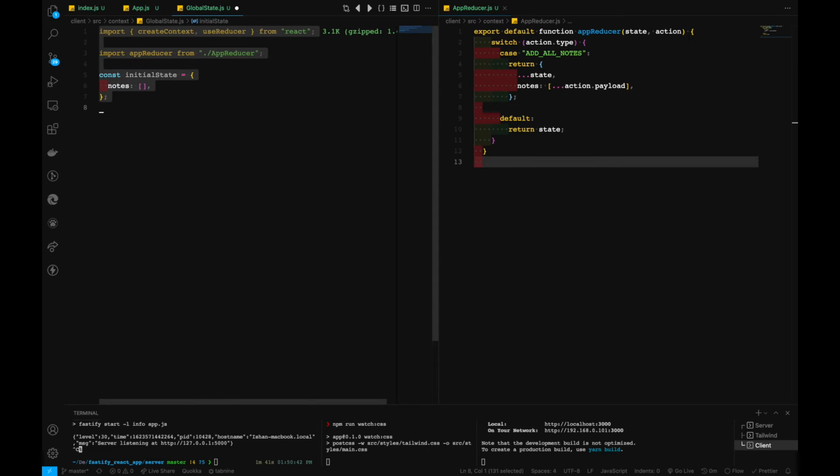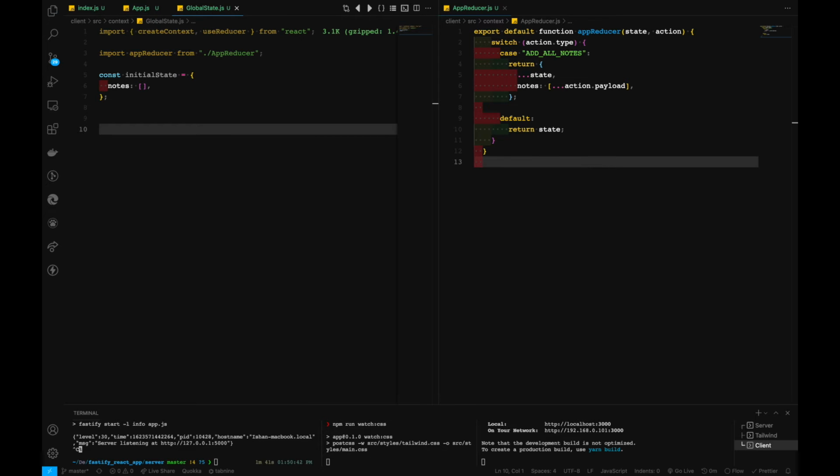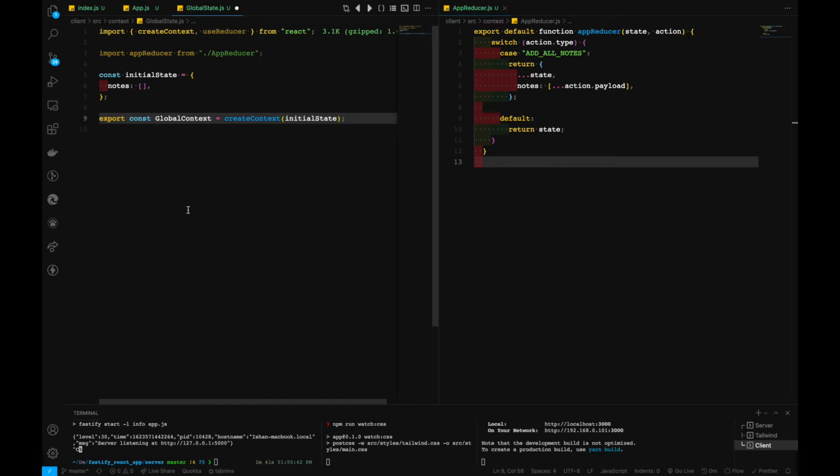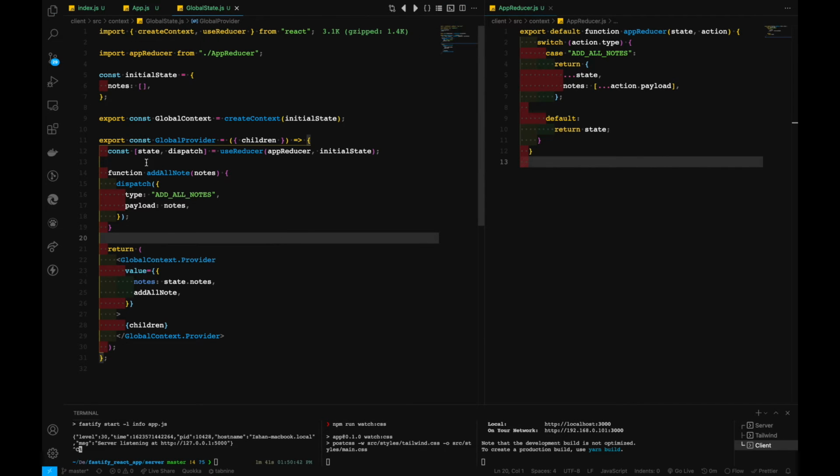After this has been done, we want to export our global context with the initial state. This is pretty much the line that we need right now. Then we want to export global provider along with the children that's available to us. So inside of our global state, we added another function which is called add all node,